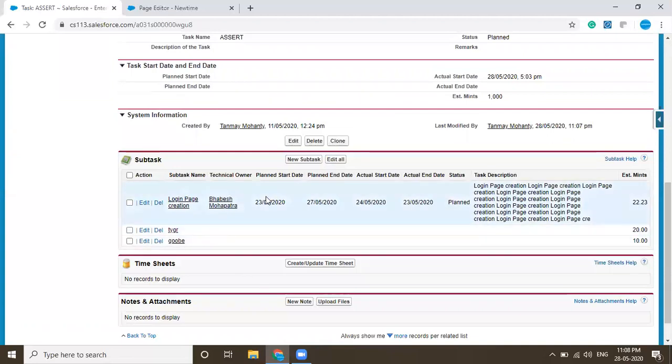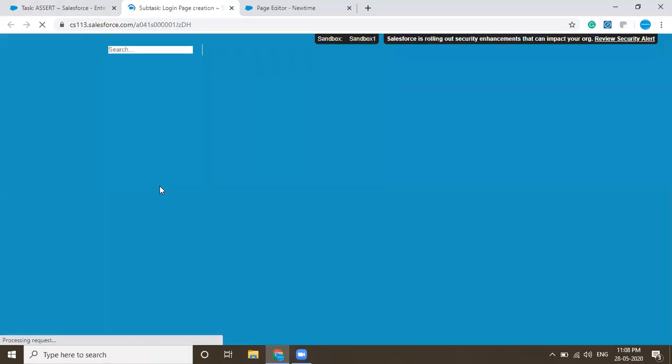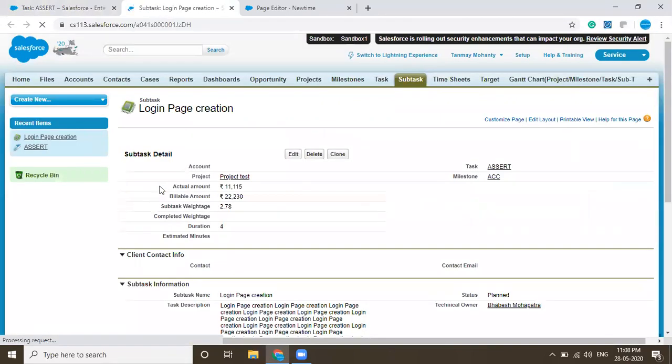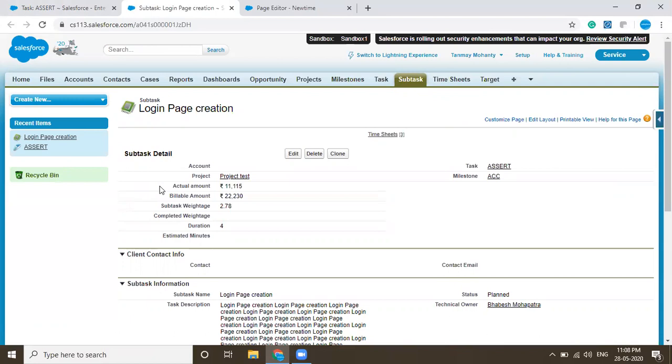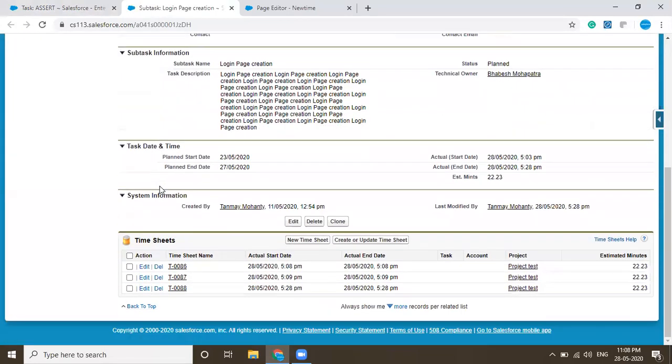So I need to write the functionality in such a way that I open the subtask as well. It has similar fields to the task because it is like a clone of the task, but it has its own time. Every subtask has its own time, so we have to start the time in the subtask. The Apex class or Visualforce page should be the same on both sides.